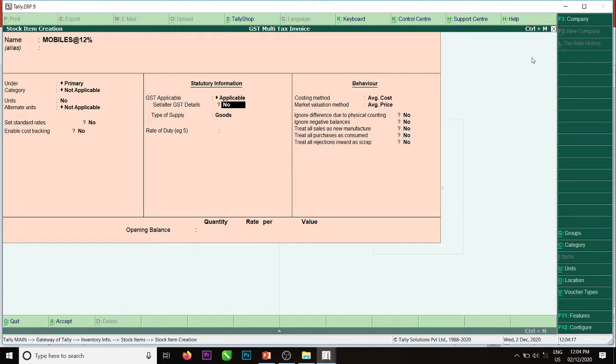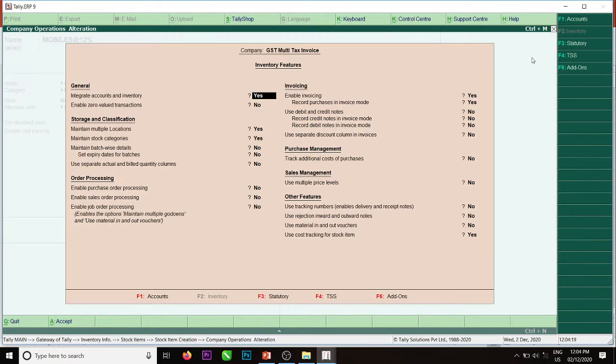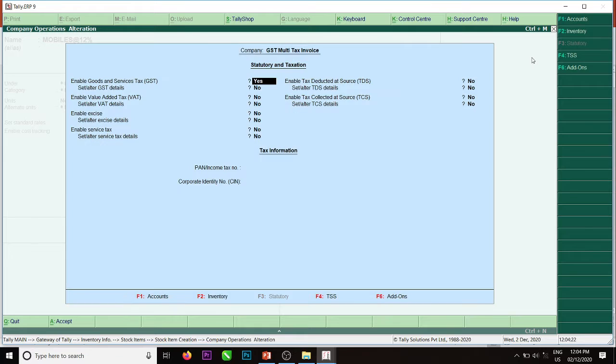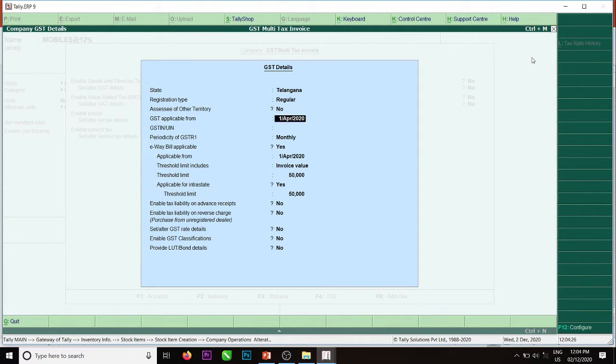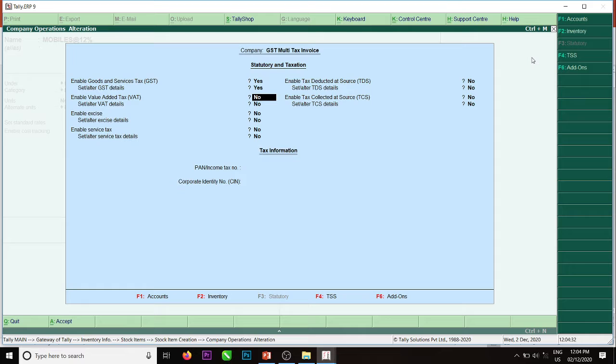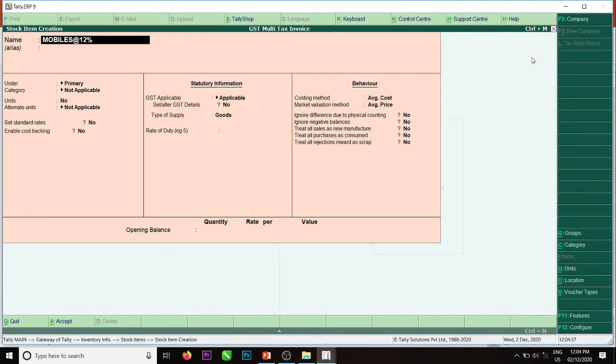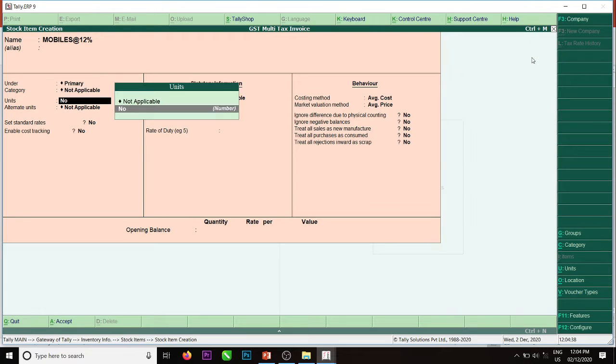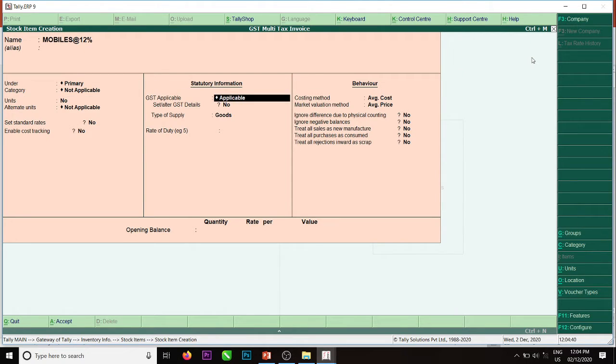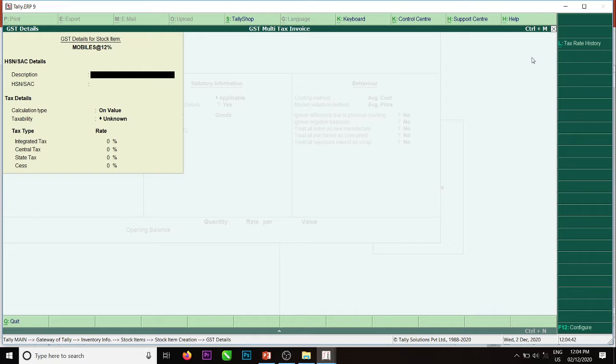Set order details. Before that, you please verify with the F3. See here, it is set to no. Make it yes. And yes.